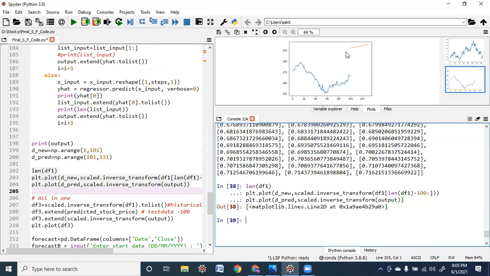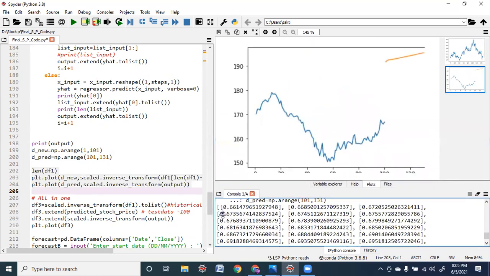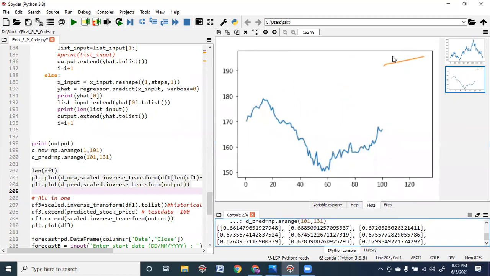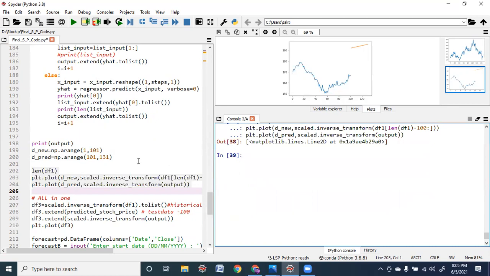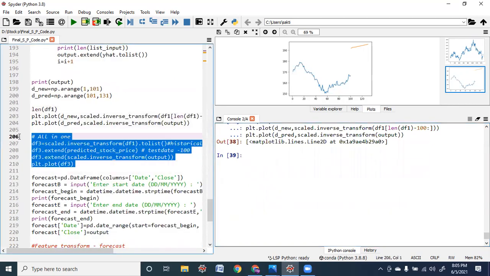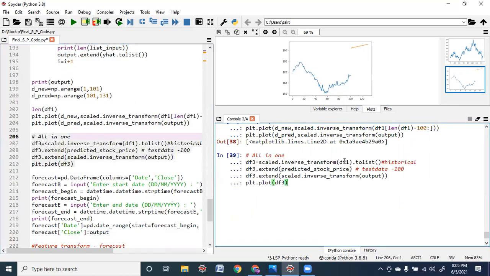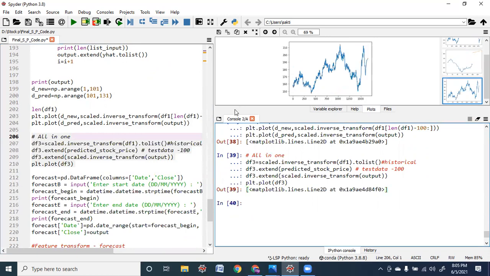Now we are plotting the data. Yeah. So the red line shows the forecasting for 30 days. Now let us see the combined plots of all in one.